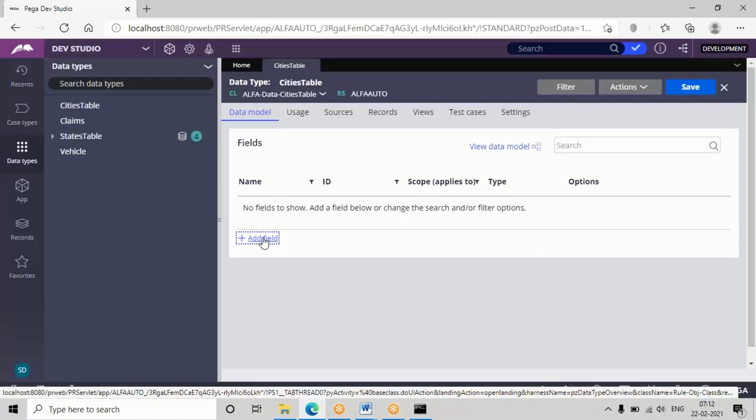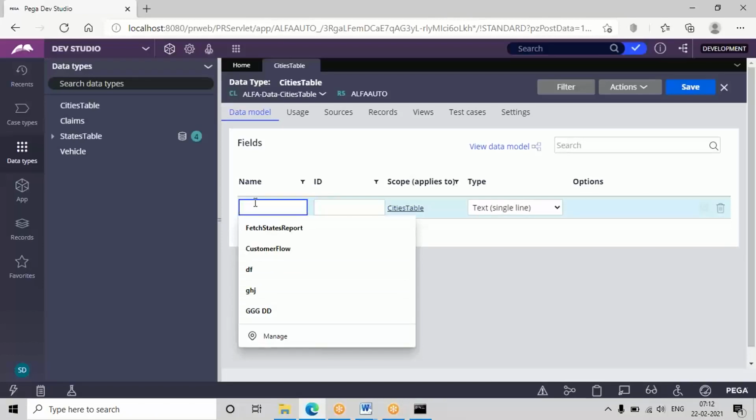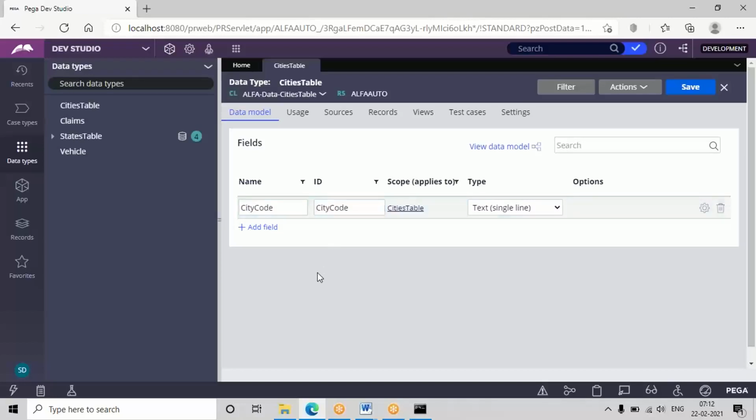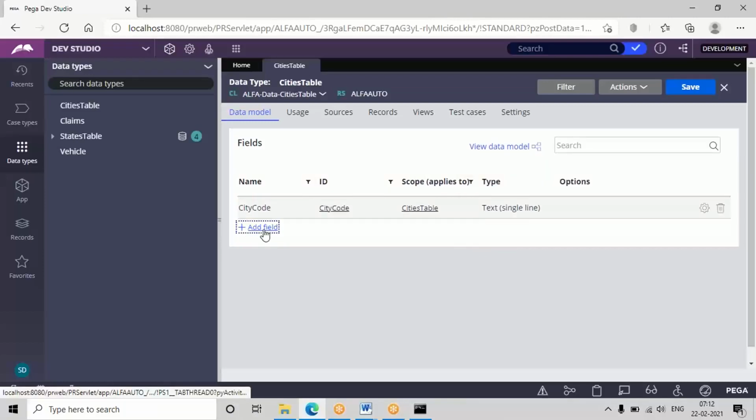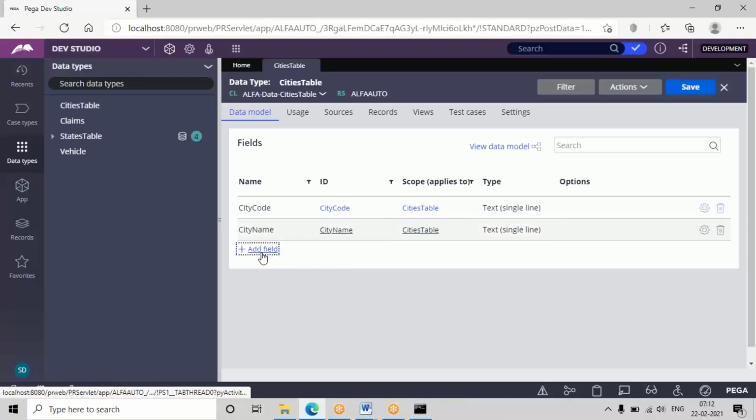So give the names of the columns. And one more column is state code.